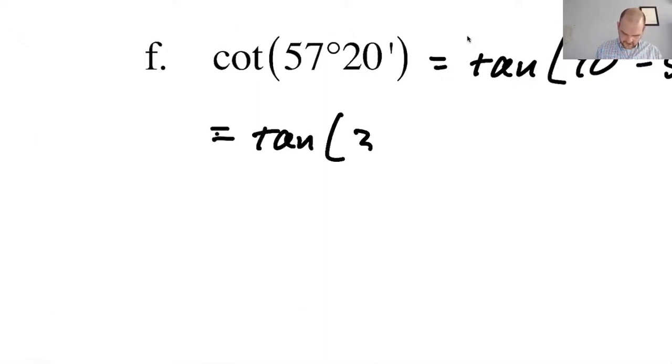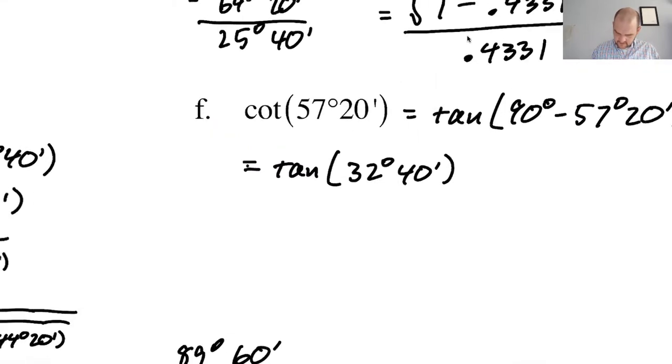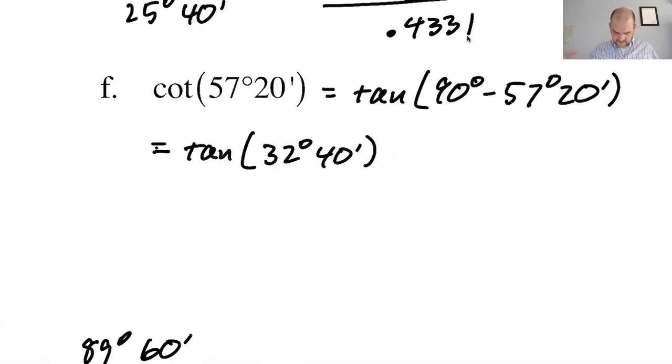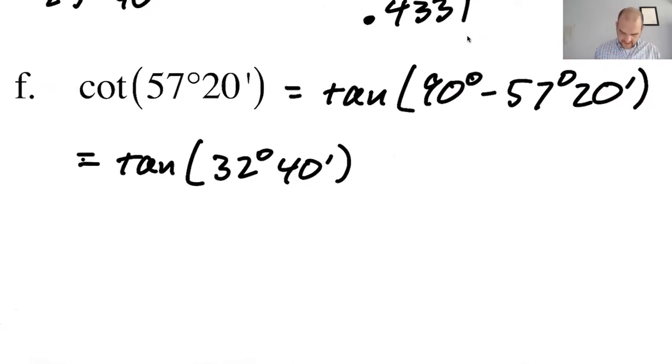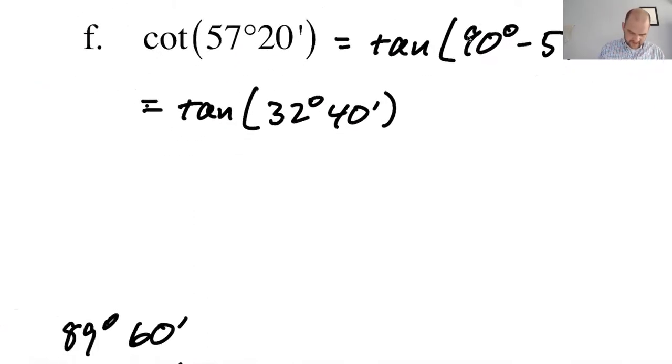I don't know why I decided to make that look good. This right here, why did it autocorrect that to a perfect thing? I do not know. 32, 40. Yeah, that gives me 89, 60. Okay, got it. Now tangent is not sine, so we'll do sine of 32, 40, which is done,